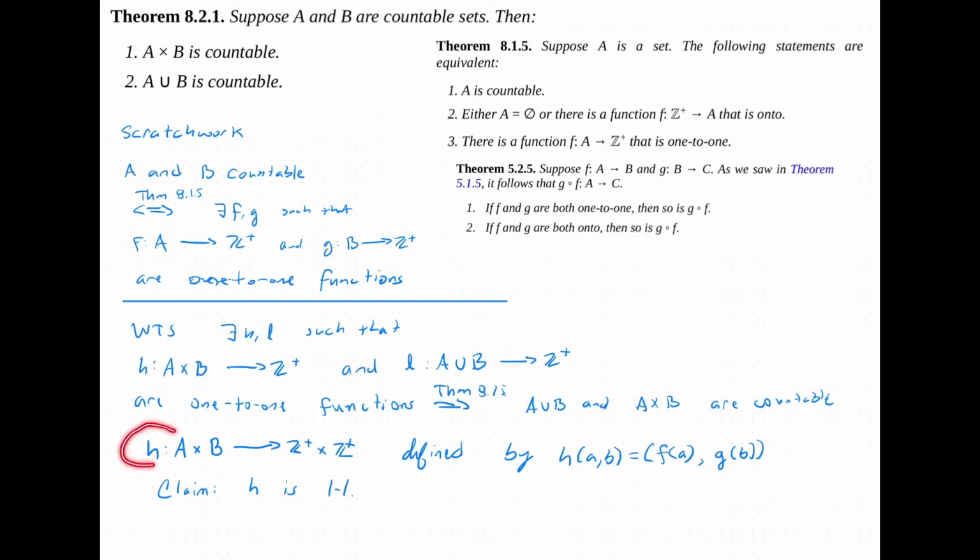So if we assume for now that we do have this 1 to 1 function going from the Cartesian product of A with B to the Cartesian product of the positive integers with themselves, then we use the following fact. We know that the Cartesian product of the positive integers with itself is denumerable. So this here is equinumerous to the positive integers. But then that gives us the existence of another function. Let's go ahead and call this function u. This function goes from the positive integers, Cartesian product with itself, to the positive integers, with u a bijection.